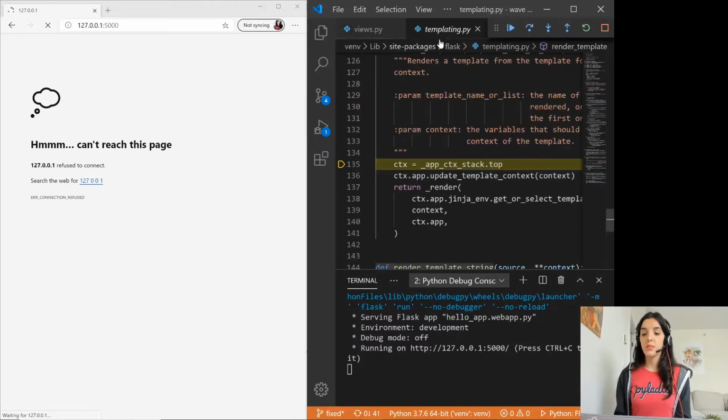And we can see that it opened this templating file, which is actually inside the Flask package. So if I want to investigate how the code is being executed in the package, I can do so. And this is all because we configured the debugger to not just allow stepping to just user code. So that's nice. So now when I hit continue,